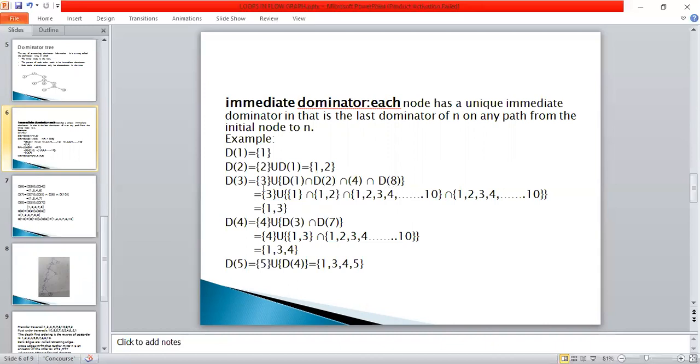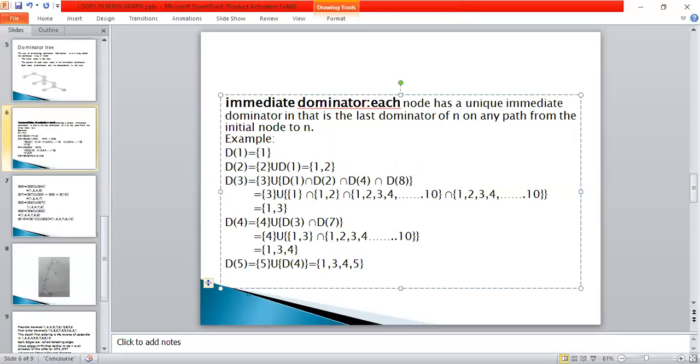Now D of 3 is represented as 3 as it is, union D of 1, which we have just calculated, it is 1, intersection D of 2, which we just calculated, 1 comma 2, intersection D of 4. Till now we have not calculated D of 4. In that case, take all the nodes in the graph, which are 1 to 10, so I directly represented 1 to 10 intersection.